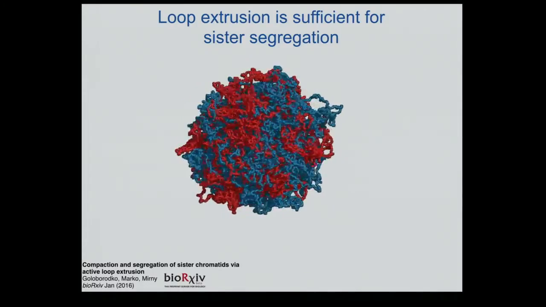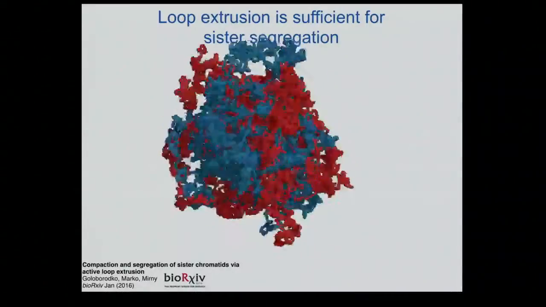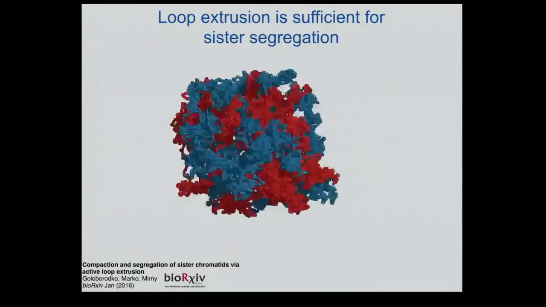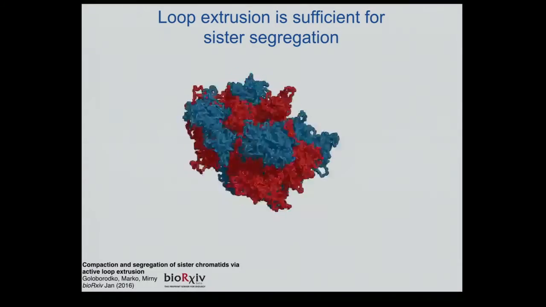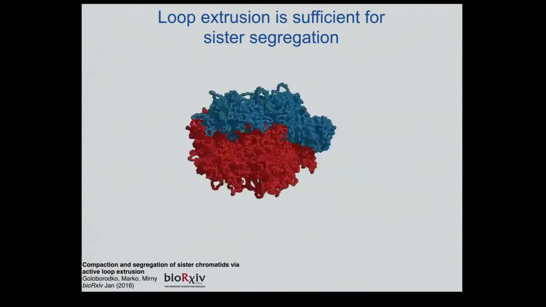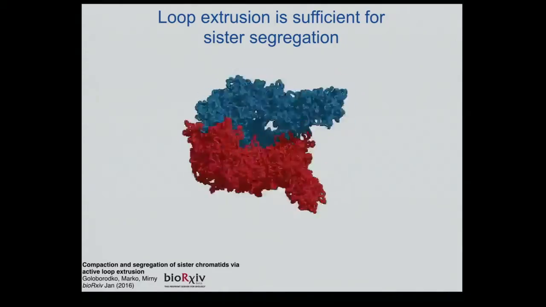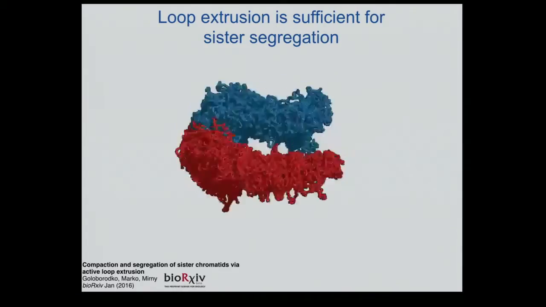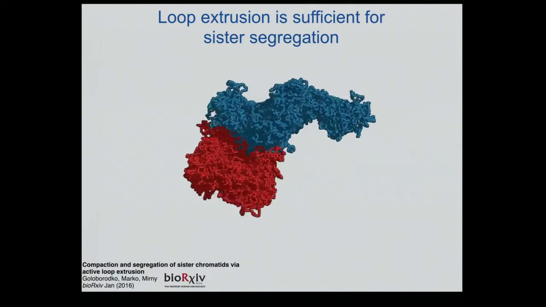And so I'll just show you this few-second simulation of two sister chromatids. Again, you see extrusion of loops in each chromatid. You see that the formation of loops is kind of not perfect, so some of them appear and disappear. As this is happening, as they condense, they start repelling each other just by excluded volume interactions, and they also shorten, become very stiff, and they disentangle. Again, this is happening by a simple loop extrusion process, again, as was hypothesized by Marko and Nasmyth.